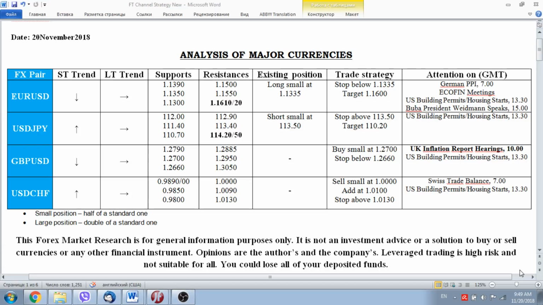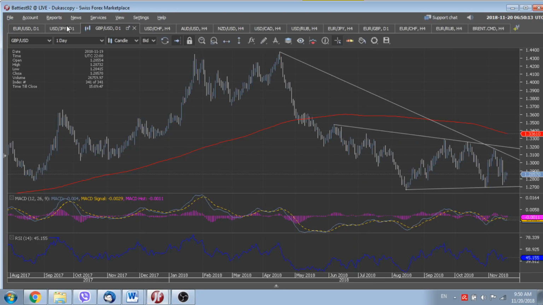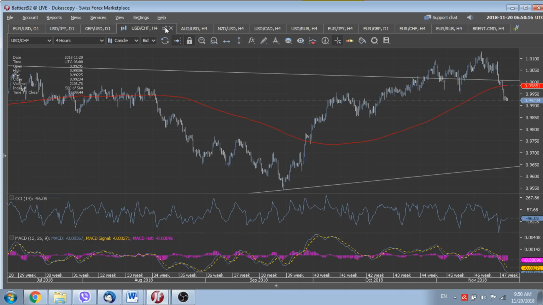And today the United States dollar is still under increasing selling pressure because of the latest appearances of different Federal members. Among them, Mr. Williams also yesterday added some portion of negativity, expressing concerns regarding the state of the global economic outlook. As a result, we see that currencies like, for example, dollar yen and dollar Swiss are under